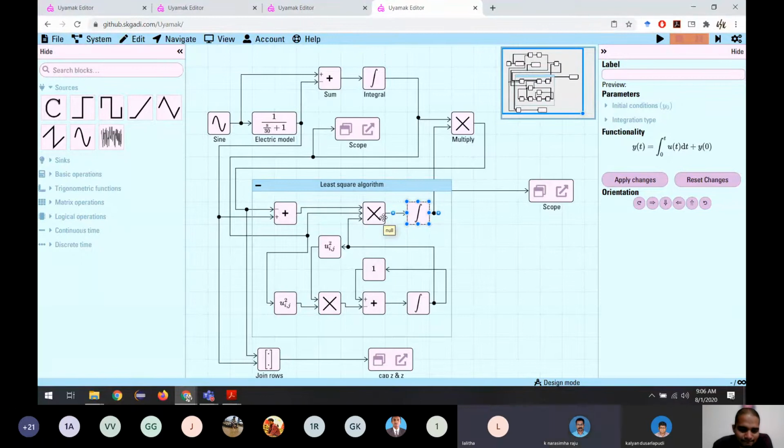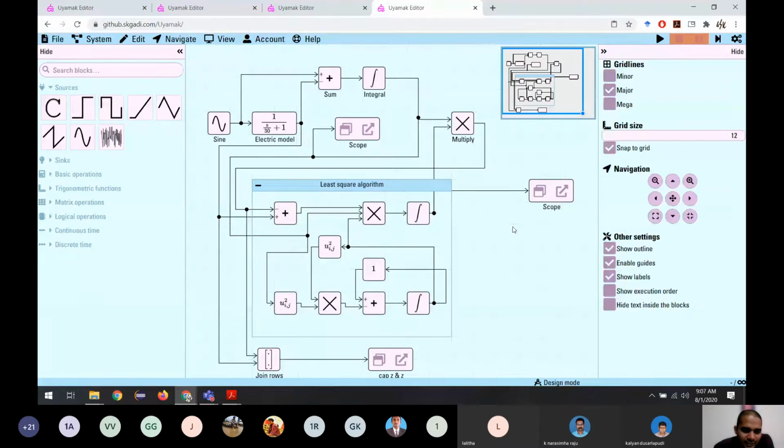What about the implementation of hardware in loop between the real time and simulation time? You're asking about this program, ma'am? In general, I'm asking. Okay, for hardware in loop, if you are talking about using some MATLAB program or this program, MATLAB has some tools. We still don't have. Our objective is to develop those tools.